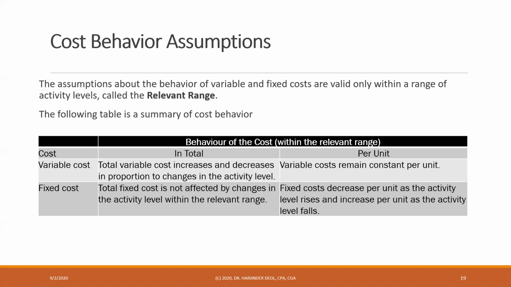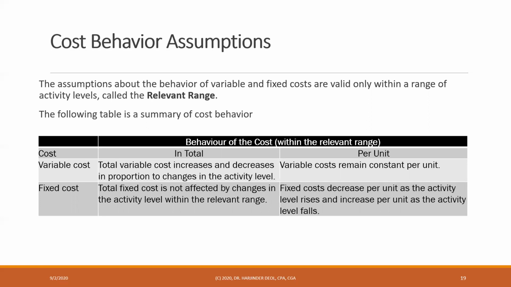So if my direct material cost per unit is $5, for one unit it's $5. If I produce 500 units, it'll be $5 multiplied by 500, or $2,500 in total. If I produce 1,000 units, it'd be $5 a unit times 1,000, $5,000. So you notice total dollars go up as the production volume goes up, but the per unit cost